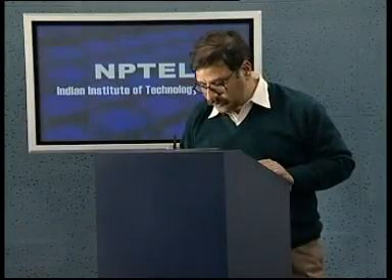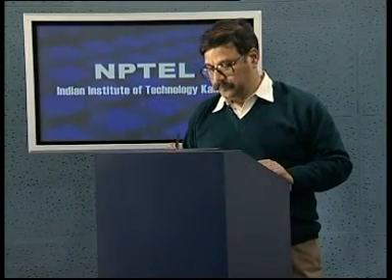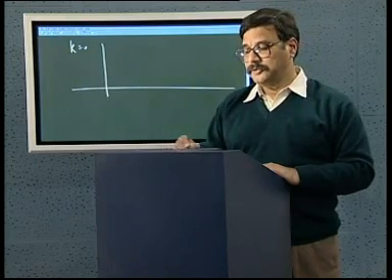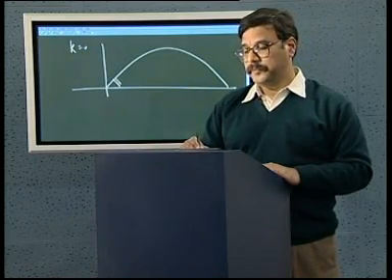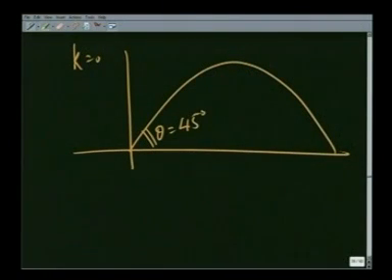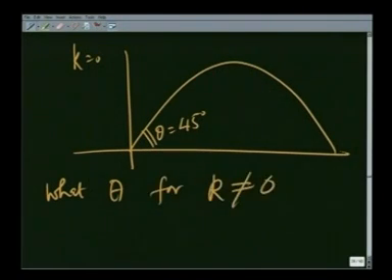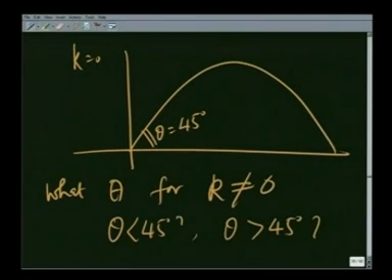An interesting question you may ask at this point is, you all know from your 12th grade that if k is equal to 0, the maximum range which is attained is when theta is equal to 45 degrees. What is theta for k not equal to 0? Is theta less than 45 degrees? Is theta greater than 45 degrees? The answer to this question is that theta should be slightly less than 45 degrees,